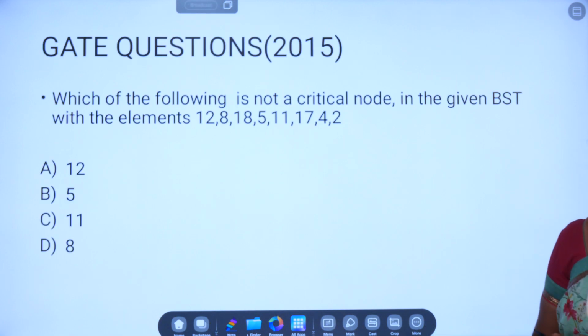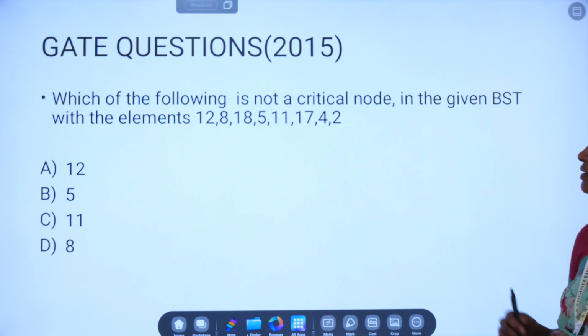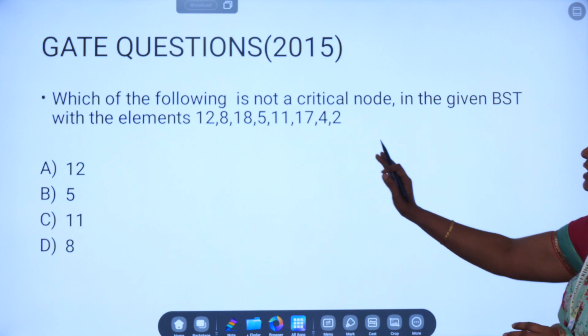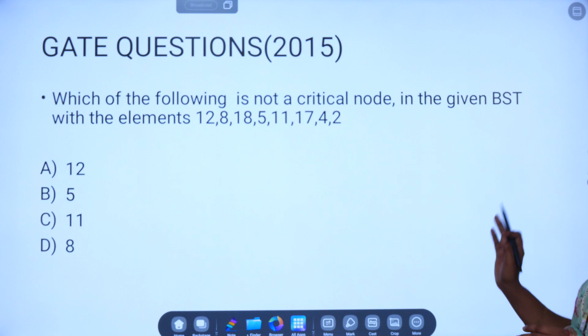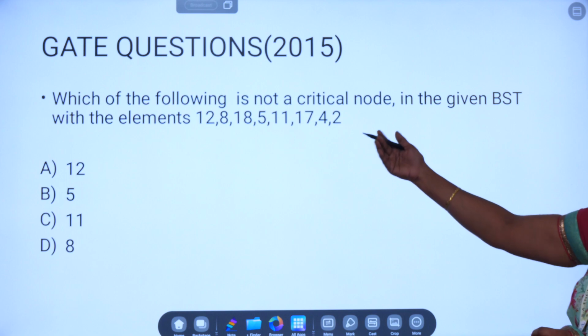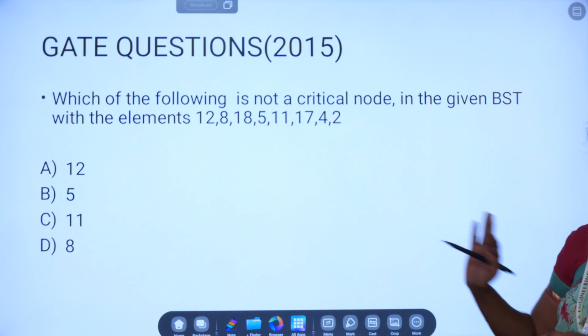So now we are going to discuss the GATE questions, which is the topic in AVL tree. So what is the first question? Which of the following is not the critical node in the given BST with the elements 12, 8, 18, 5, 11, 17, 4 and 2. When you want to identify which given element is not a critical node, you cannot just say it by looking at the elements and the options. So before